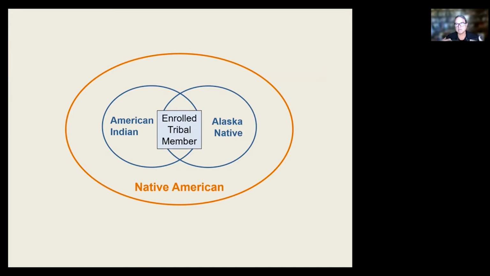So American Samoans are Native Americans. Indigenous peoples in Guam are also Native American. So if we say Native American, we have to be cognizant that we're talking about indigenous peoples of North America, as well as indigenous Americans in the Pacific Islands. What's fascinating about that is that we're overlapping two OMB recognized racial groups when we say Native American. Pacific Islanders are a separate racial group from American Indian and Alaska Native. So we have to be careful with our terminology.